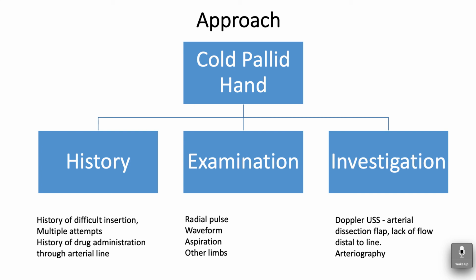It's also important in this scenario to document the incident in the patient notes. If the problem is due to arterial line insertion or accidental administration of medicine, make sure that you notify these incidents via systems such as IMS, the incident notification system. Also, open disclosure of these incidents to the family, or to the patient if the patient is awake, is equally important. So I guess these are the two non-clinical aspects of these incidents.